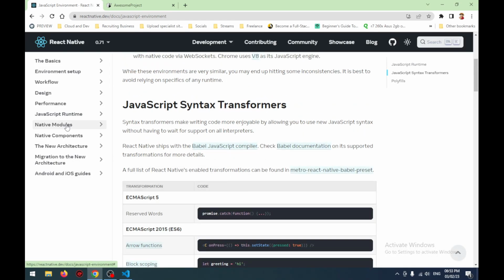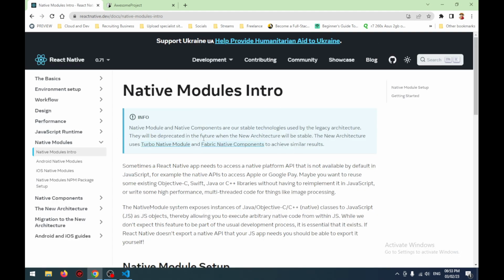Okay. Native modules intro. Native components are a stable technology used by the legacy architecture. They will be deprecated in the future. The new architecture will be stable. The new architecture uses Turbo Native Modules and Fabric to achieve similar results. Sometimes a React Native app needs to access a native platform API that is not available by default in JavaScript. Example,